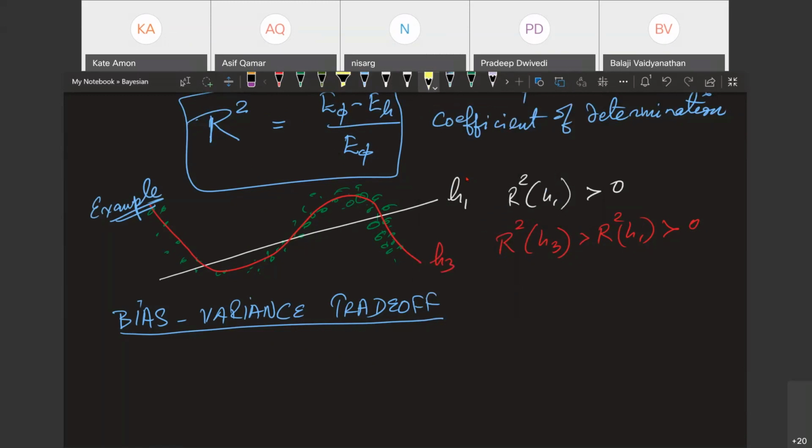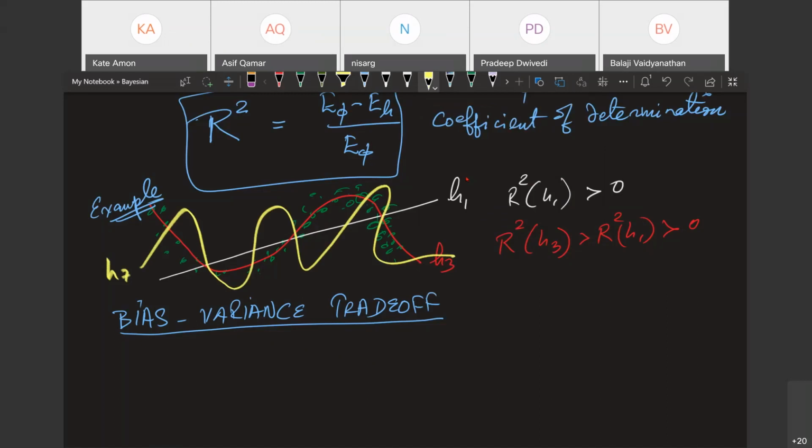Suppose I took a model of 7th degree, something like this. Let me call it H7. Between the white hypothesis H1, H3 and H7, which do you think is the best?